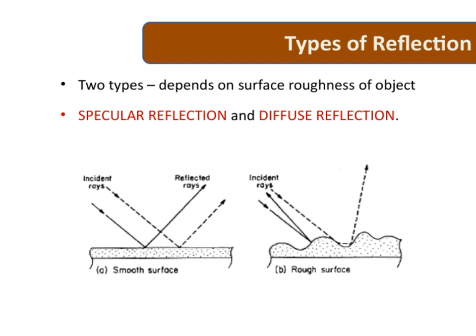The second type is diffuse reflection, which happens on rough or matte surfaces like painted walls or paper. Instead of a clear image, the light is scattered in many directions, which is why these surfaces don't produce a sharp reflection. Understanding these two types helps us grasp how light interacts with different surfaces, which is fundamental in fields like optics and computer graphics. So, whether a surface reflects light directly or scatters it broadly, it all comes down to the surface's roughness and how it affects the way we perceive reflections.